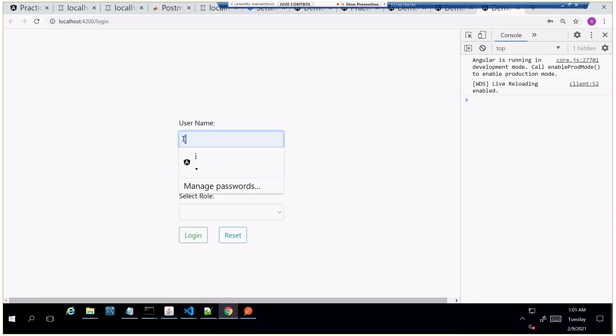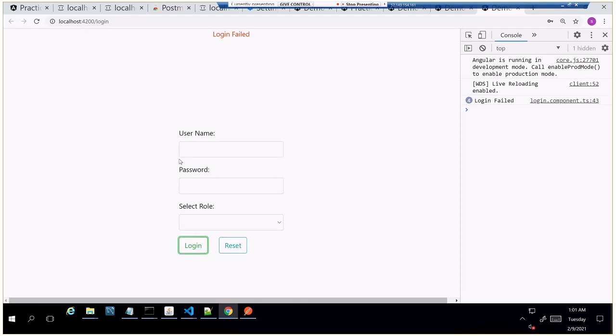Like if you go to any website, whenever we click on login, if you don't specify username and password, it will show us a message saying username is required and password is required. Here we'll show the login page, but what it will do is make a REST API call with the parameters, username and password, and check whether the login is successful or not. But till now the user hasn't entered any data, but we are making a call.